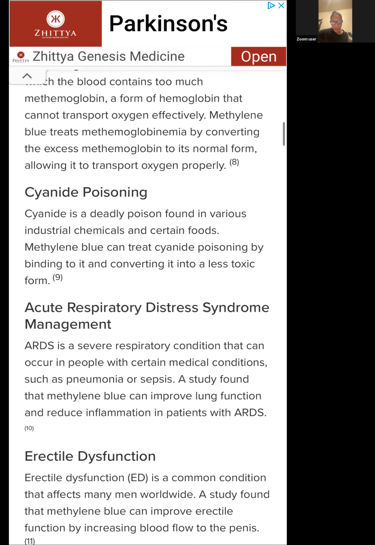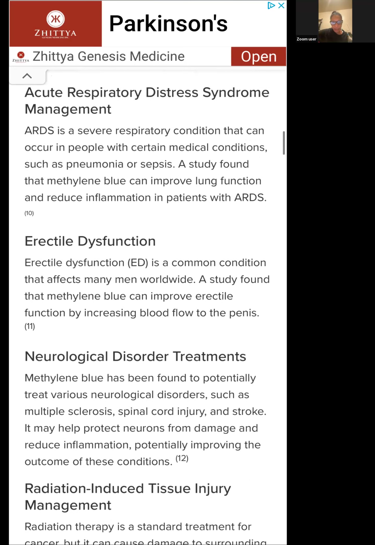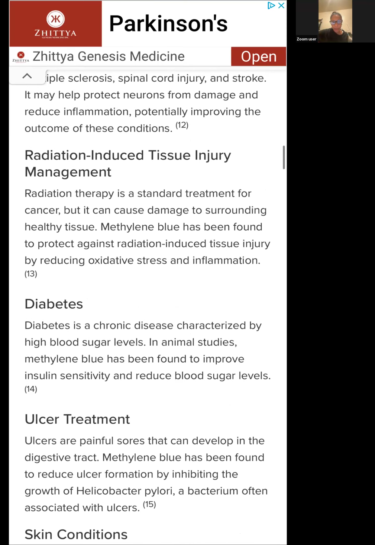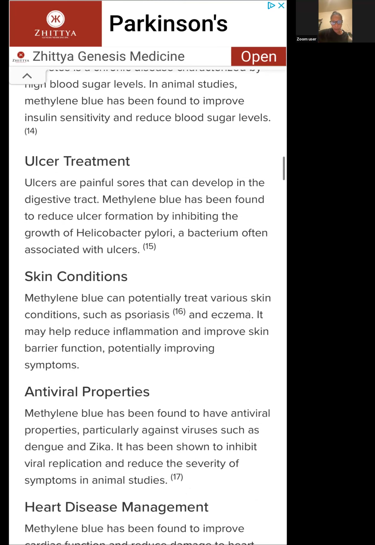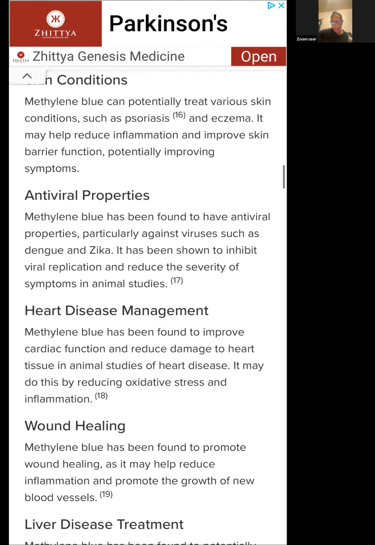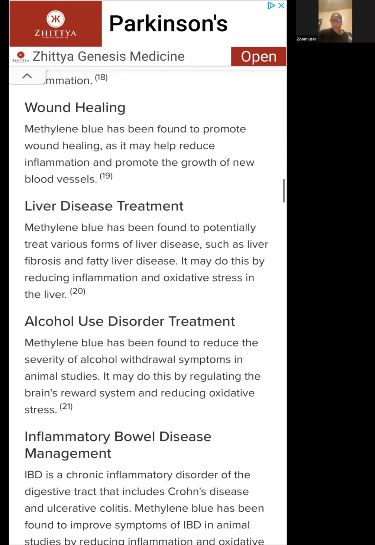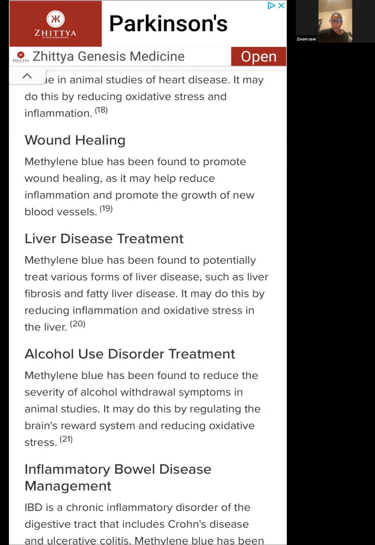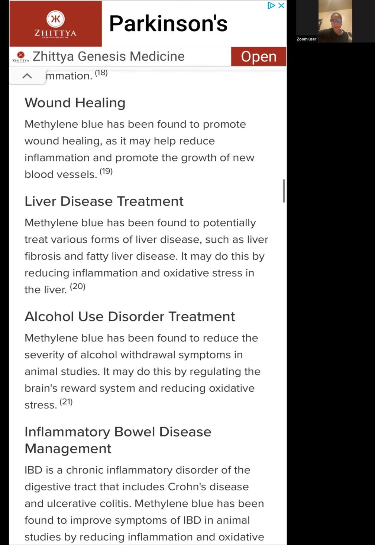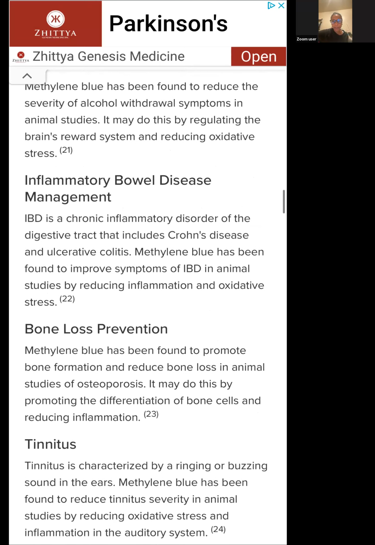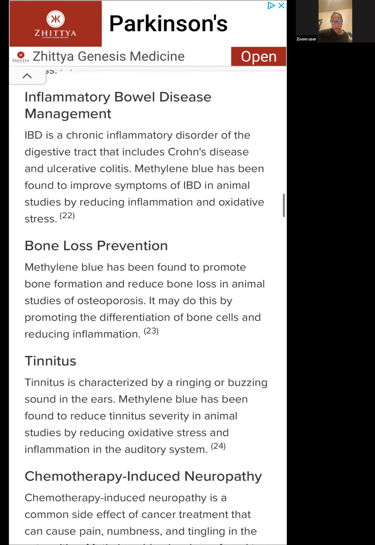Cyanide poisoning, acute respiratory distress syndrome management, erectile dysfunction, neurological disorder treatment, radiation-induced tissue injury management, diabetes, ulcer treatment, skin condition, antiviral properties, heart disease management, wound healing, liver disease. And when I go back to the wound healing, I actually had that experience in which I had a scratch in my skin, and basically I just put it in with a lotion, and within 2 days I saw really quick results. Liver disease treatment, alcohol use disorder treatment, inflammatory bowel disease management, bone loss prevention,